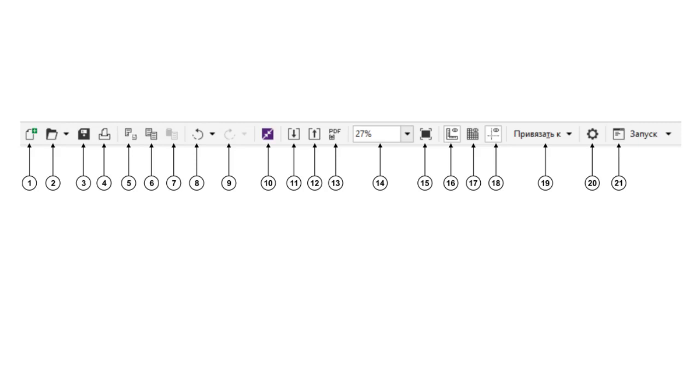Let us see what the standard toolbar includes. Start a new drawing, open a drawing, save a drawing, print a drawing, cut selected object to the clipboard, copy selected object to the clipboard, paste the clipboard contents into a drawing, undo an action, restore an action that was undone, display the Get More docker to acquire other creative tools or search for content such as clip art, photos, fonts, and more. Import a drawing, export a drawing,